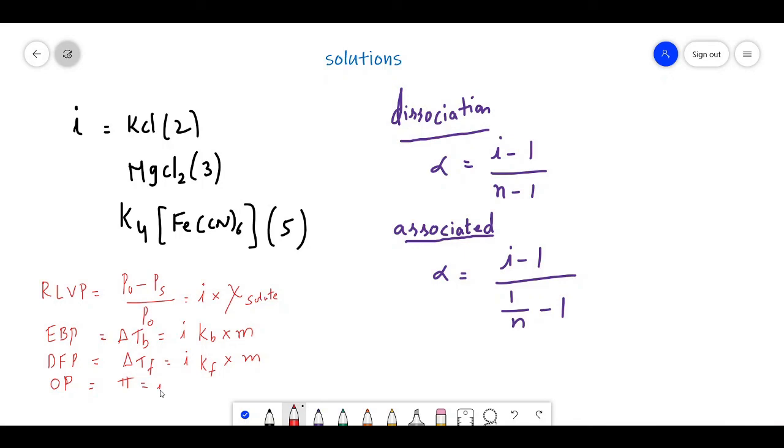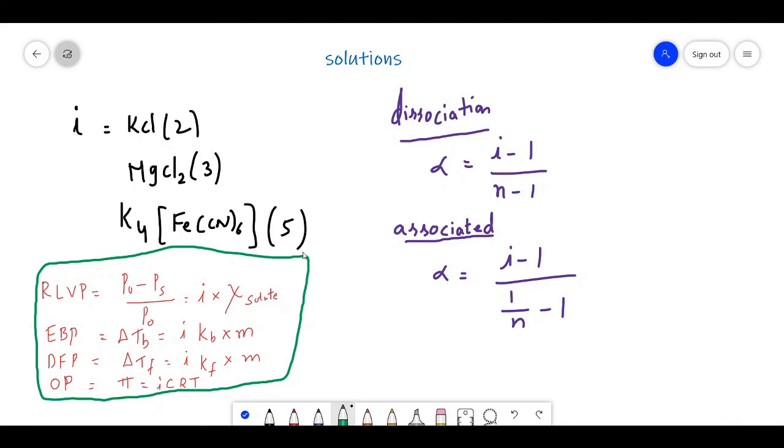And the fourth one, that is osmotic pressure, is also modified as pi is equal to i into C into R into T. So these are the important relations which we have to remember. Whenever an electrolyte is associated or dissociated, then we have to take i value. The i value should be considered, and then we have to change the formulas. The four colligative properties should be introduced with Van 't Hoff factor i. So these are important relations in the solutions. That's all for the day. Thank you.